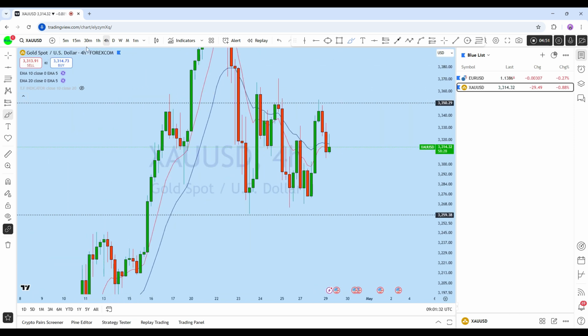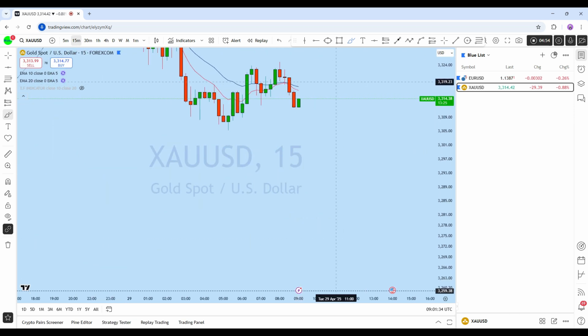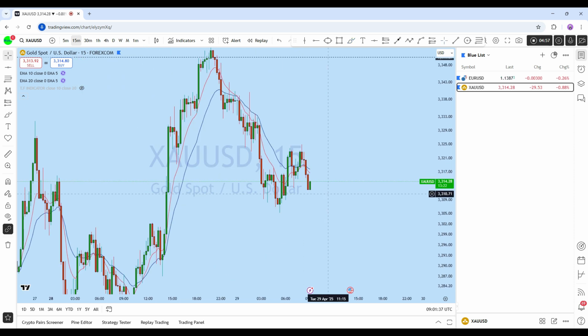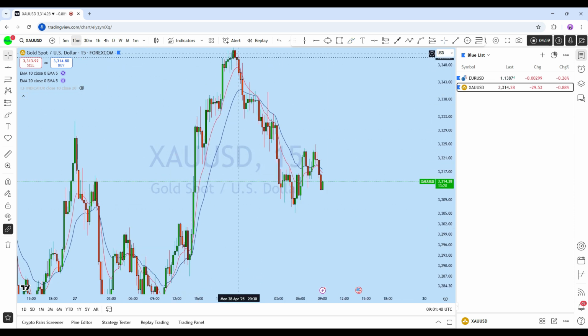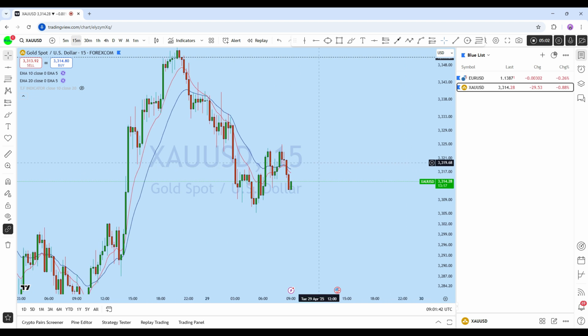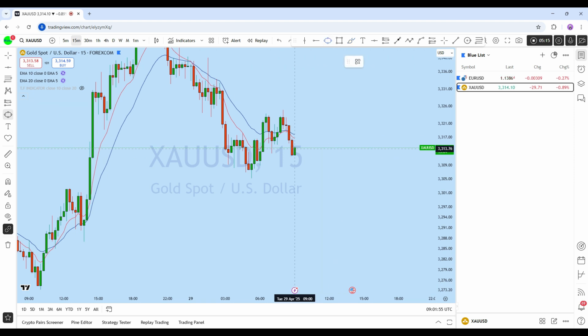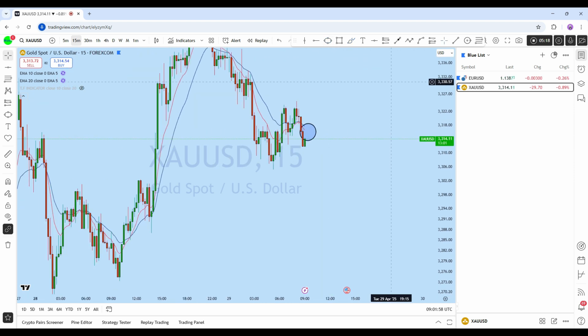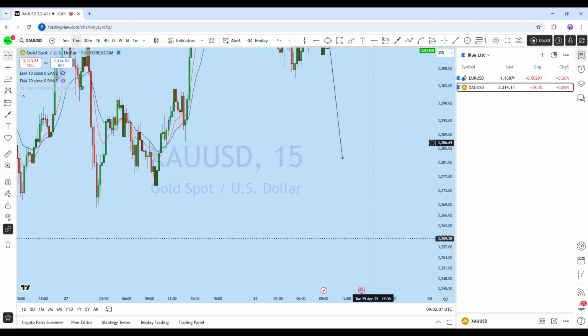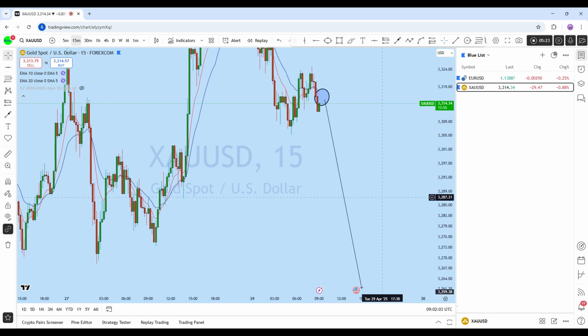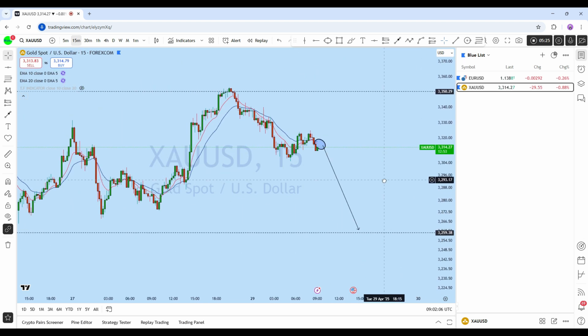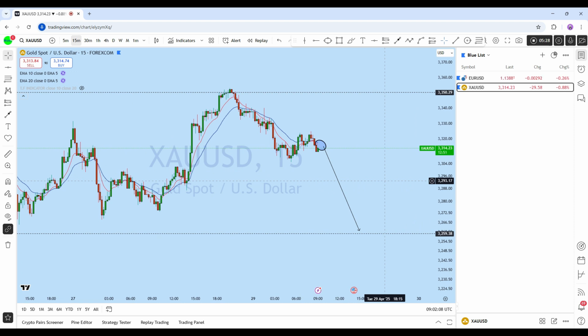So looking at the lower time frame from the 15 minutes, here we can see the market was moving sideways, and then we saw this breakout with immediate rejection. Currently it's trending here, and from this trend we saw a break of structure here, getting rejection again. So here is a potential entry opportunity. As soon as we find a suitable entry on XAUUSD, we will be looking for a selling opportunity in this instrument. As soon as we find a suitable entry, we will be looking for a short on XAUUSD with a high probability